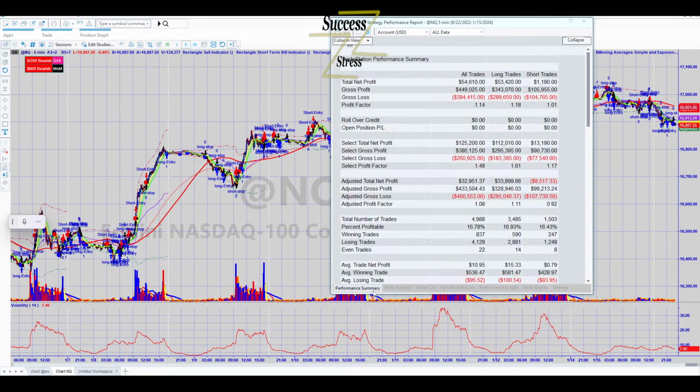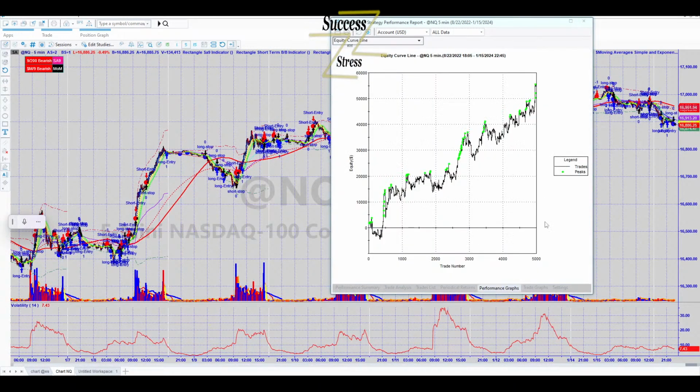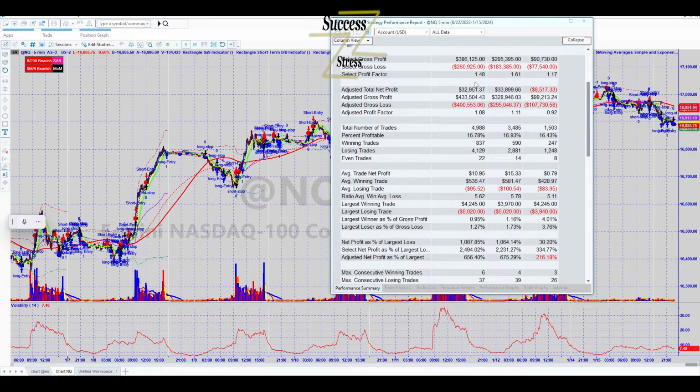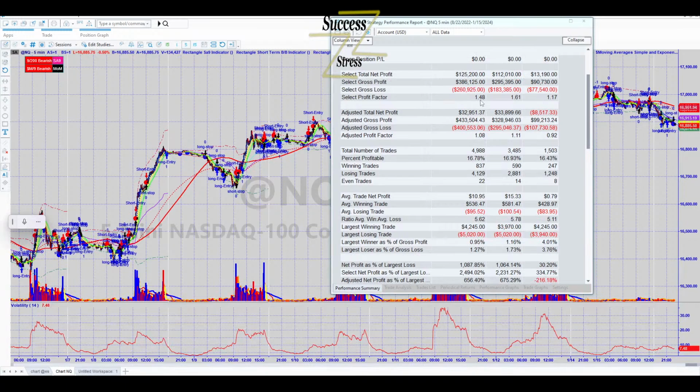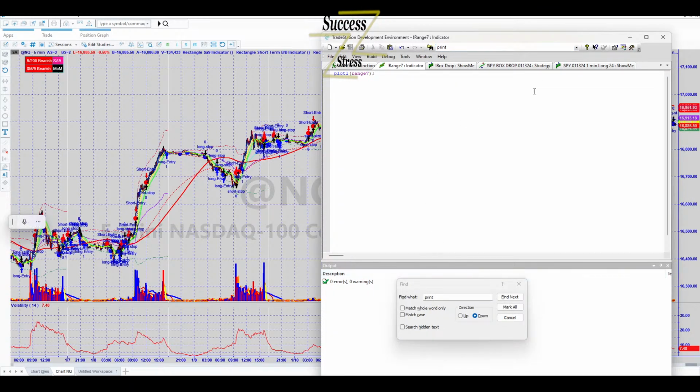How many trades did it take? Well, let's see, up to 5,000 trades, but you're talking a year. The profitability percent wasn't as good, but with the higher profit factor, at least greater than 1, it took a lot of trades, but all in all, it knocked it out of the park. And that code, if you're interested in it, because it was super simple,